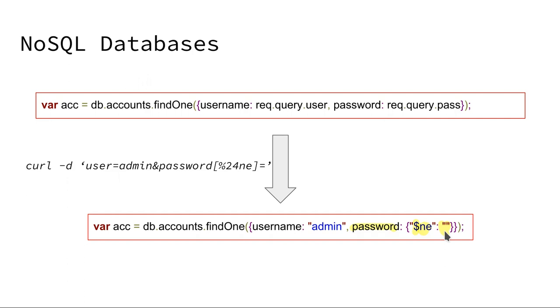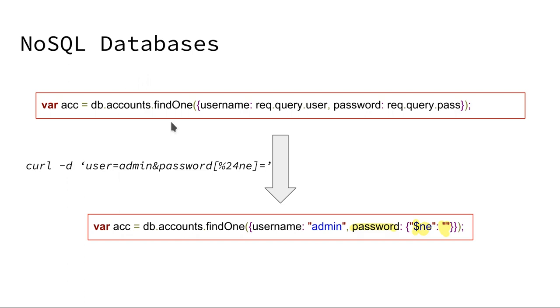So this is a very simple example of a NoSQL injection. Why is this relevant? Well, this is a very common example of how URL parameters might be used to find something in a NoSQL database. What I want to stress on here is that